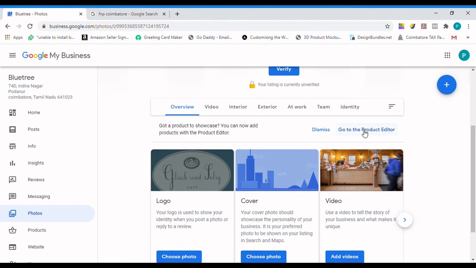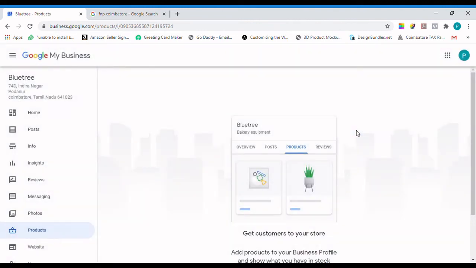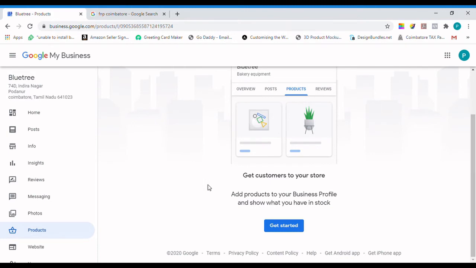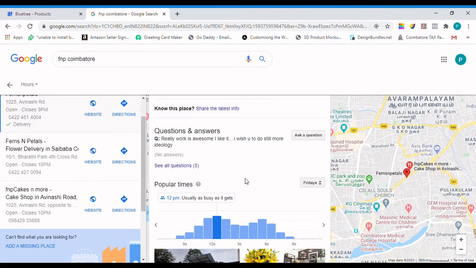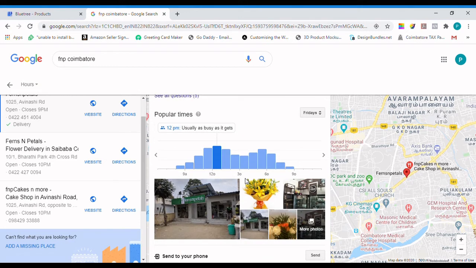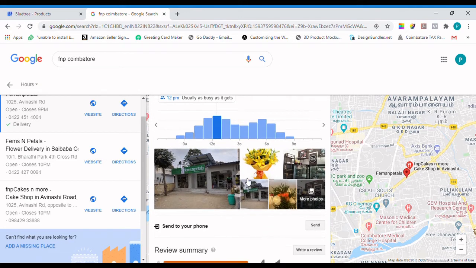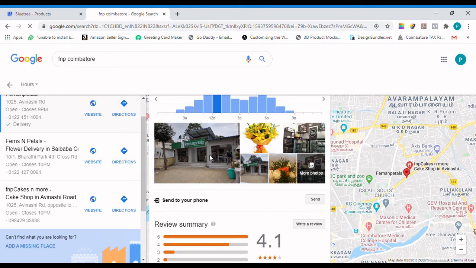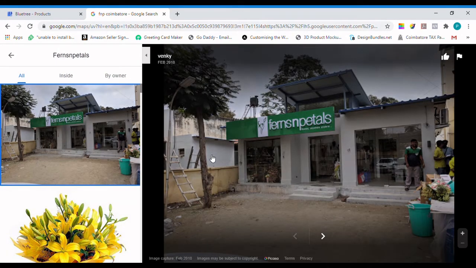And this tool provides a photo editor built in, which is good. So you just take a picture and then you can crop it, you can make some modifications, and then you can submit here, and it will appear here. So this is a picture gallery of your business. So I clicked on the picture.